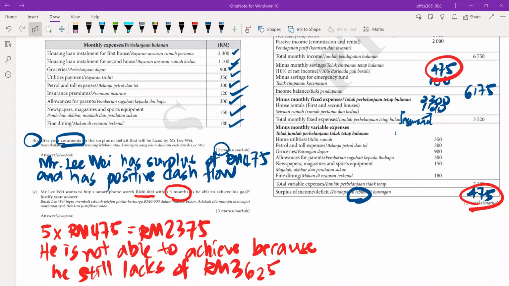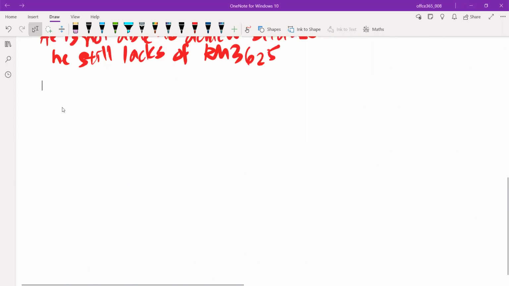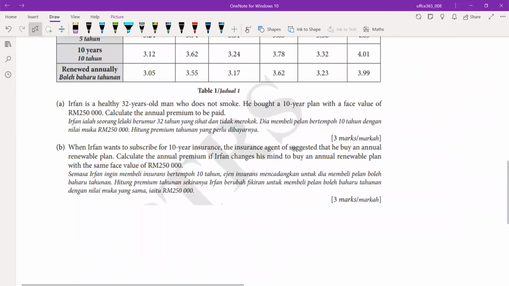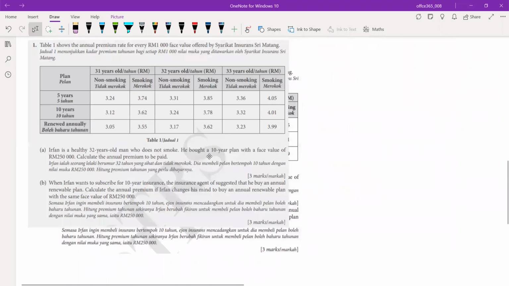So you don't like the... Okay, let's see some of the good question like this. Variation or insurance, all this thing. Let me see. You don't like consumer maths, insurance. Okay, Form 5 chapter. Consumer maths, insurance lah. Let's see. Everyone, next question. Also, you like to do because all these questions very good, you know. This is the latest exam question that I got for you.